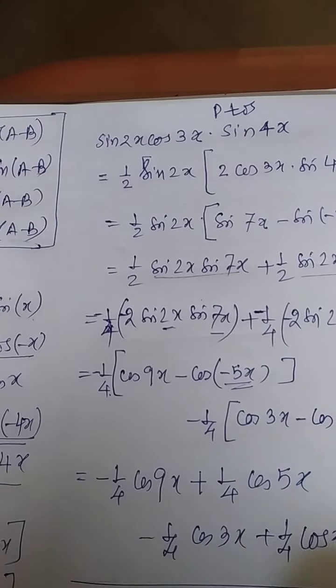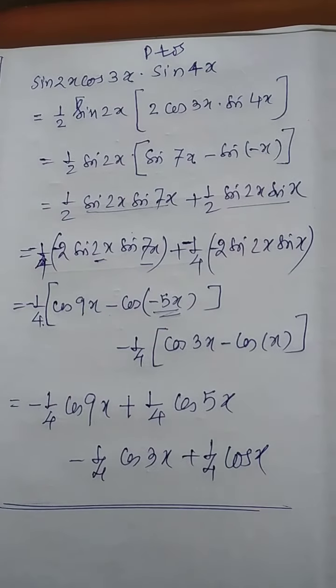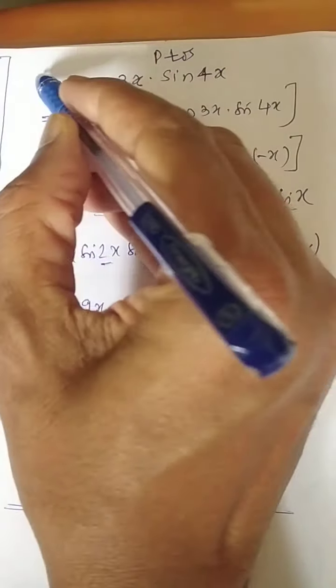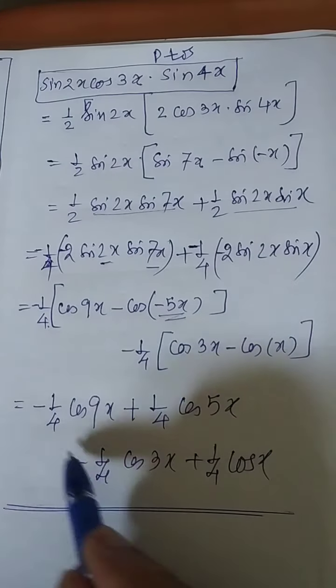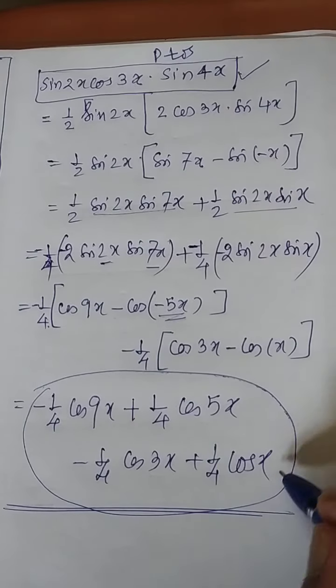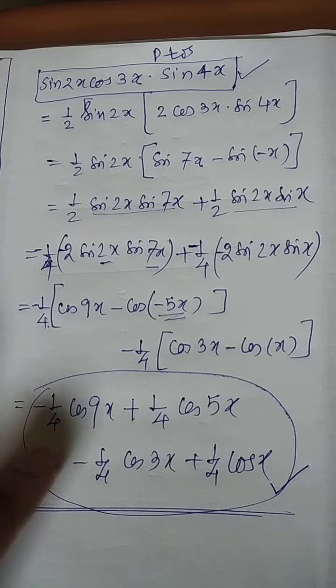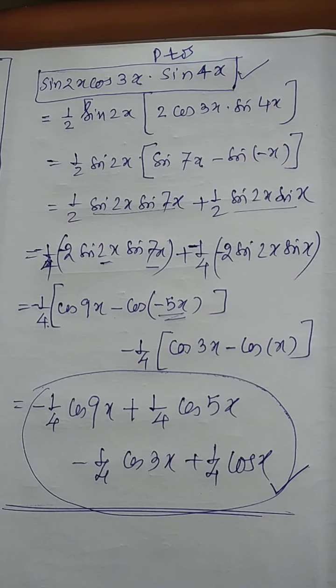Now if you see, the whole expression is now separated. This was in a product form, and now I have given the same answer in the form of a sum. This and this both are identical. Sometimes the question may ask you to simplify, or this is given and you are asked to prove it also. So this is one of them.